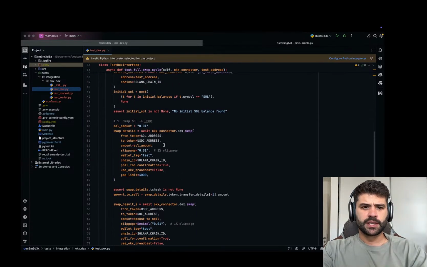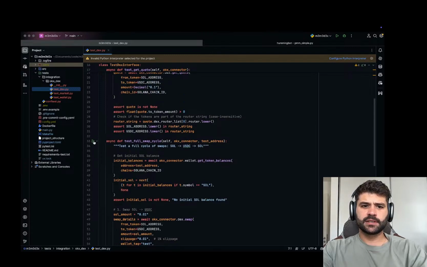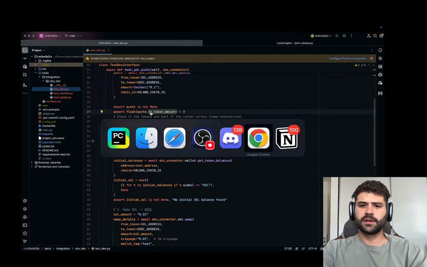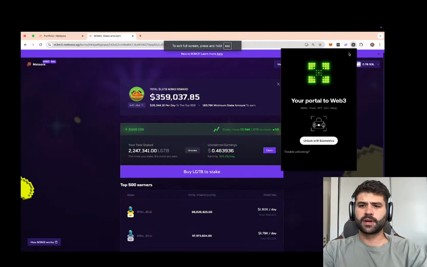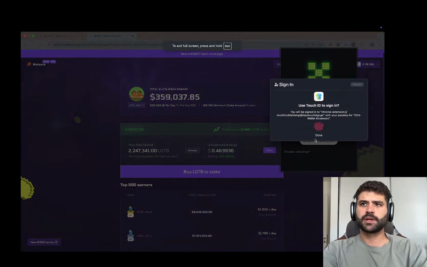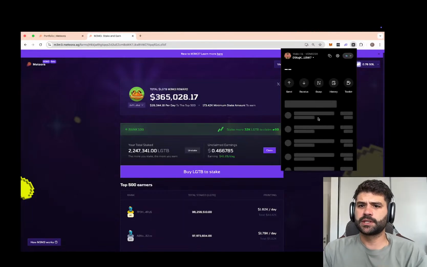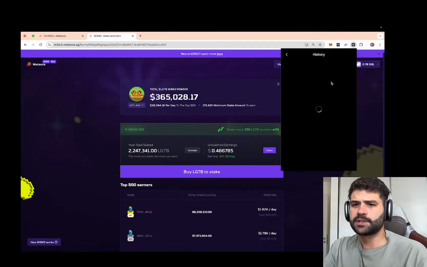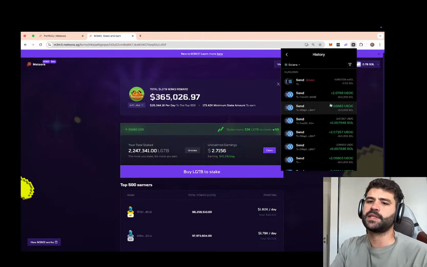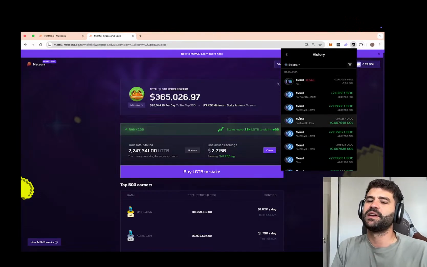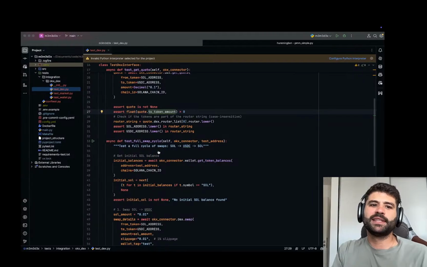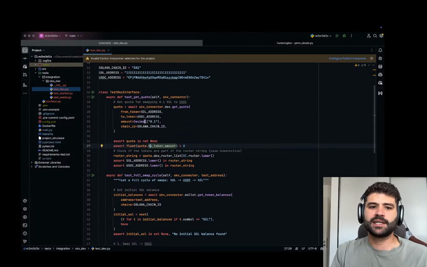So, if I run this test, let me open up the OKX wallet. This is the OKX wallet. Check this, this is my history of transactions. Yesterday I tested this a lot, buying and selling. But this integration test, what it does is